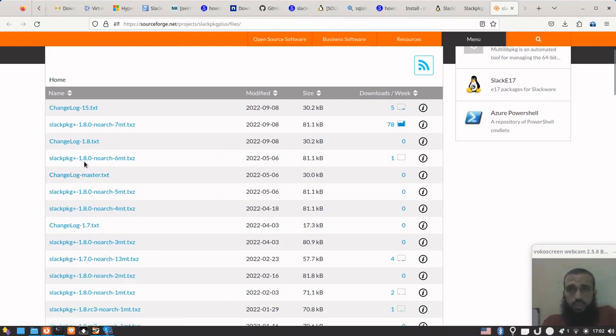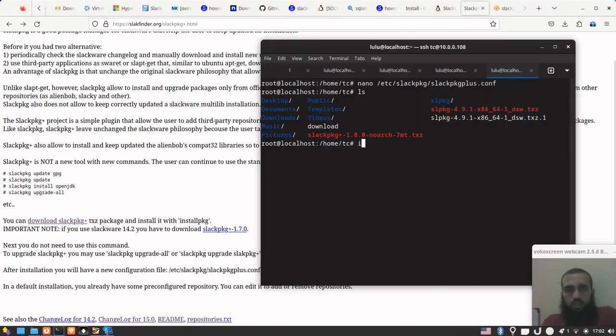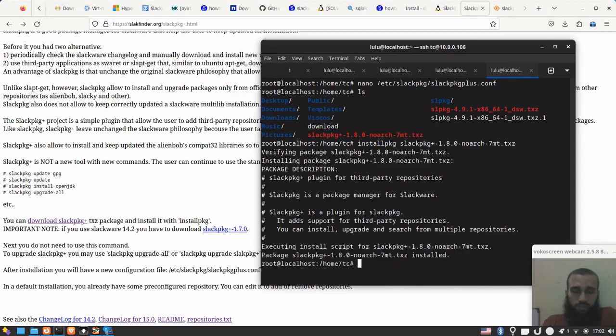If you're using 15 like me, you take 1.8. You download it and then you run installpkg slackpkg. You press tab, it's going to give you the rest of the name of the file. It's installed already. Afterwards, you uncomment, as I said in that video,